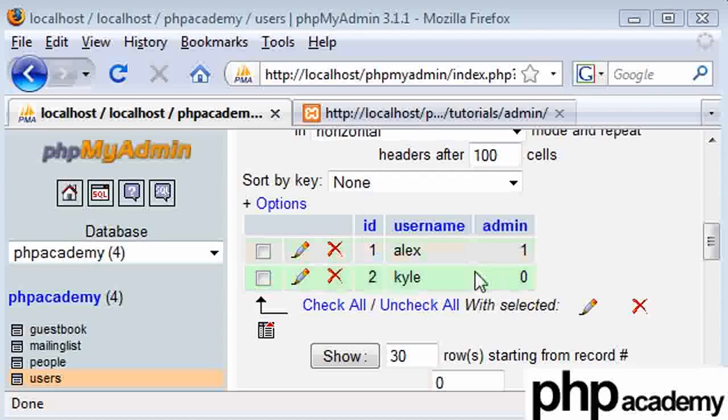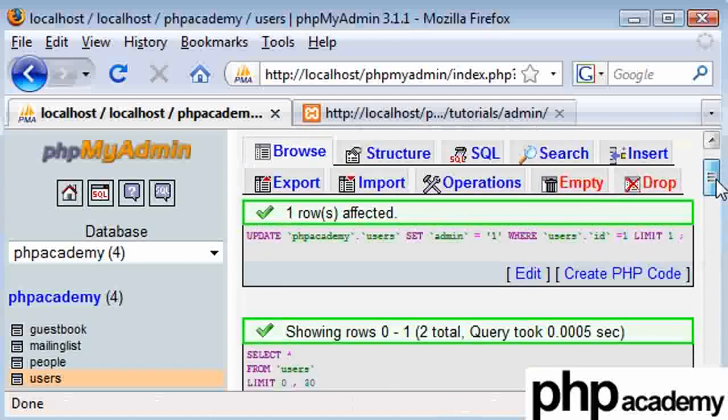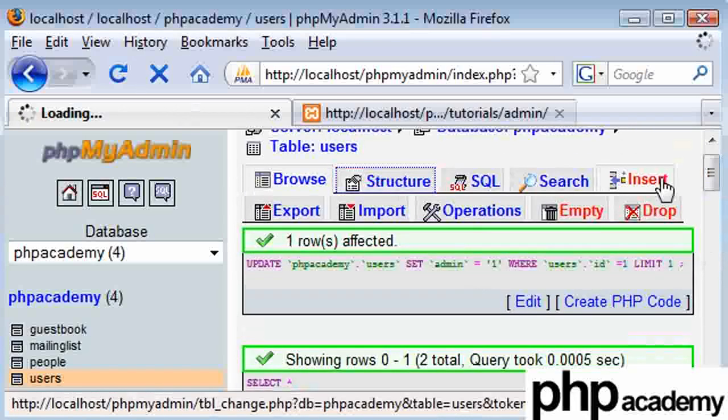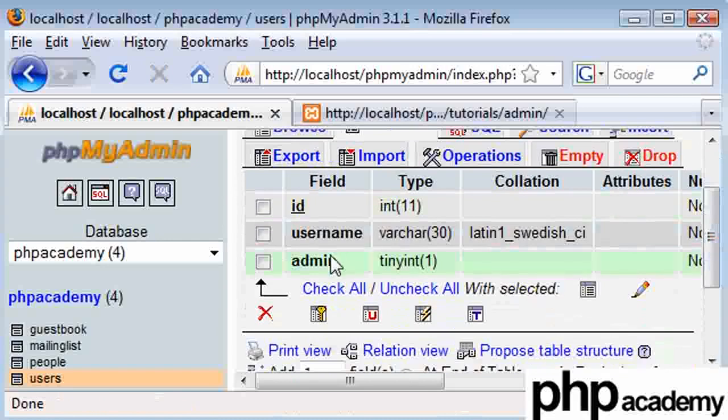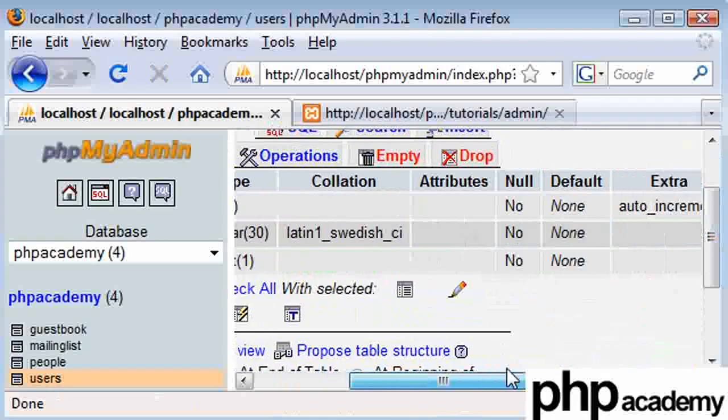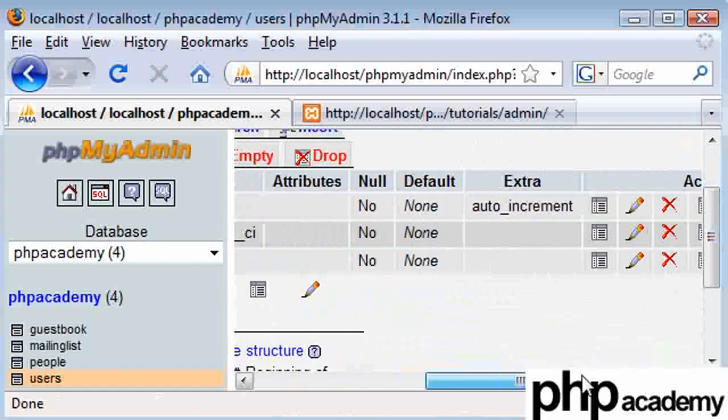Okay, so I left you with a script that displayed 1 or 0 depending on what had been put into the table. Just a word of warning, if you are using this, what I'd do is I'd click on structure. You may have added this admin in here anyway with a tinyint or the boolean notation. The best thing to do